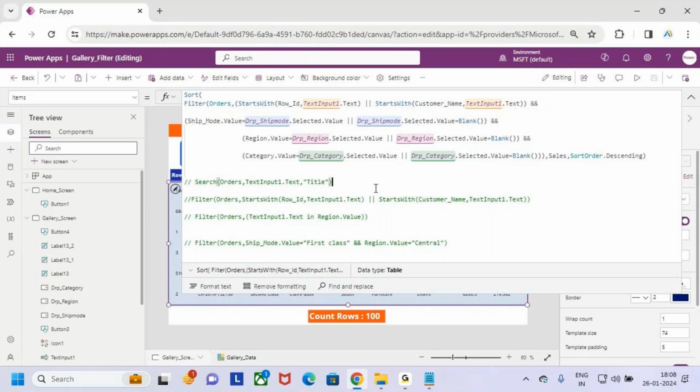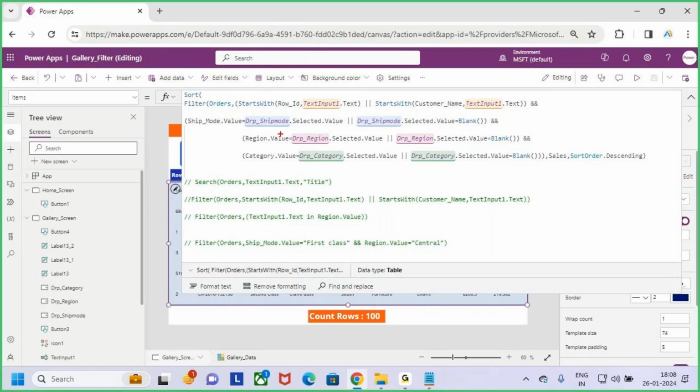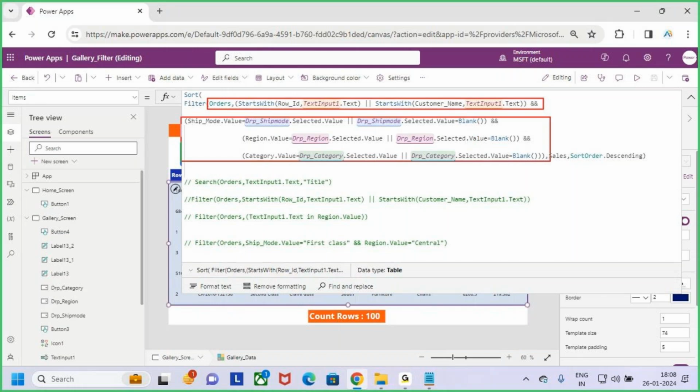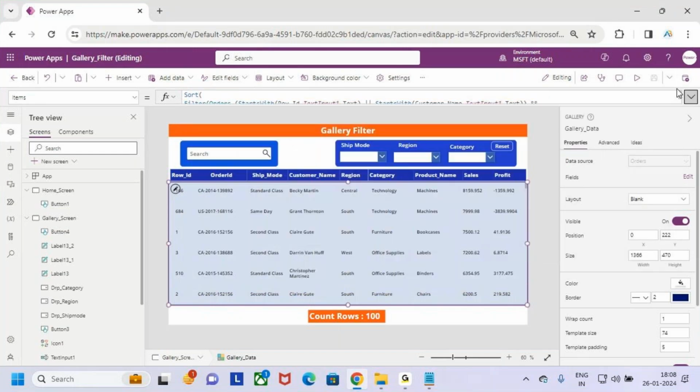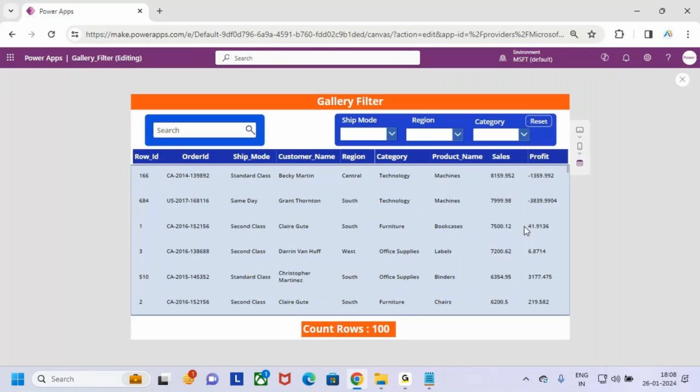So in yesterday's class we discussed how to search the data in the galleries, how to filter the data in the galleries, and also how to sort the data in the galleries. Combinedly, we discussed how to use the search, filter, and sort functions. And now see, whenever I play this app, whenever I open the app, I am sorting